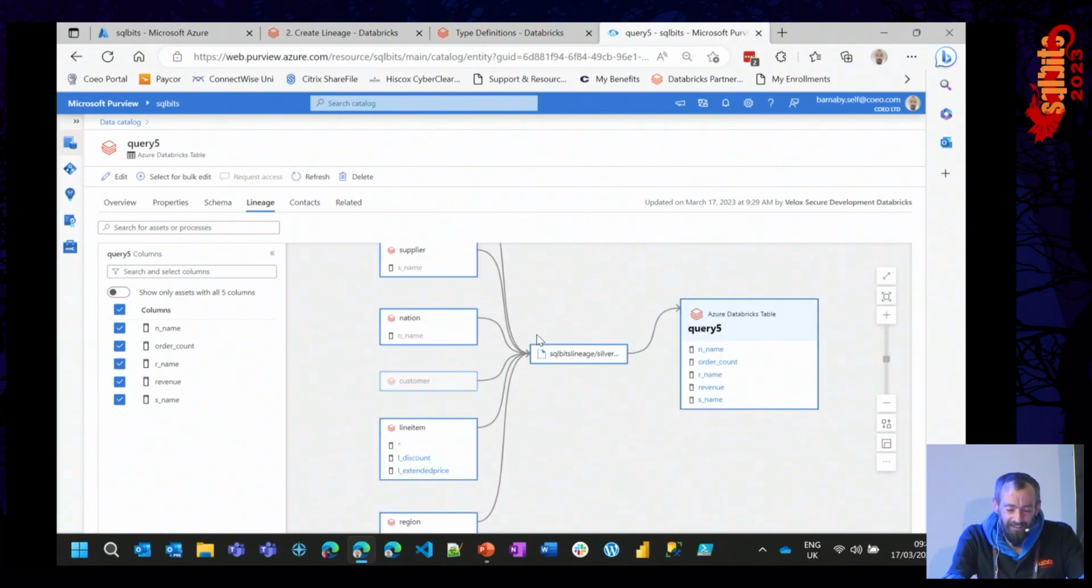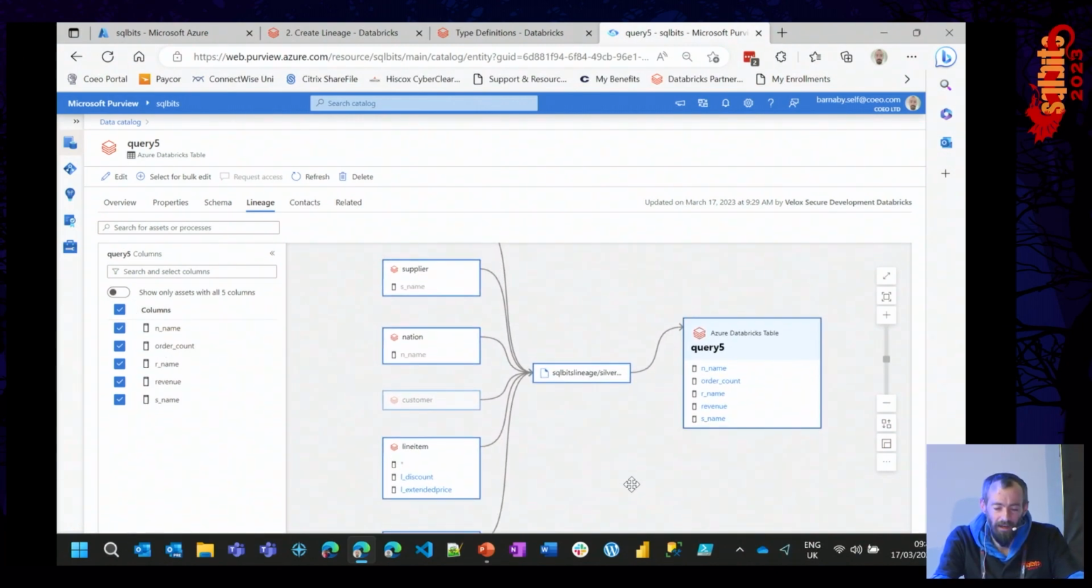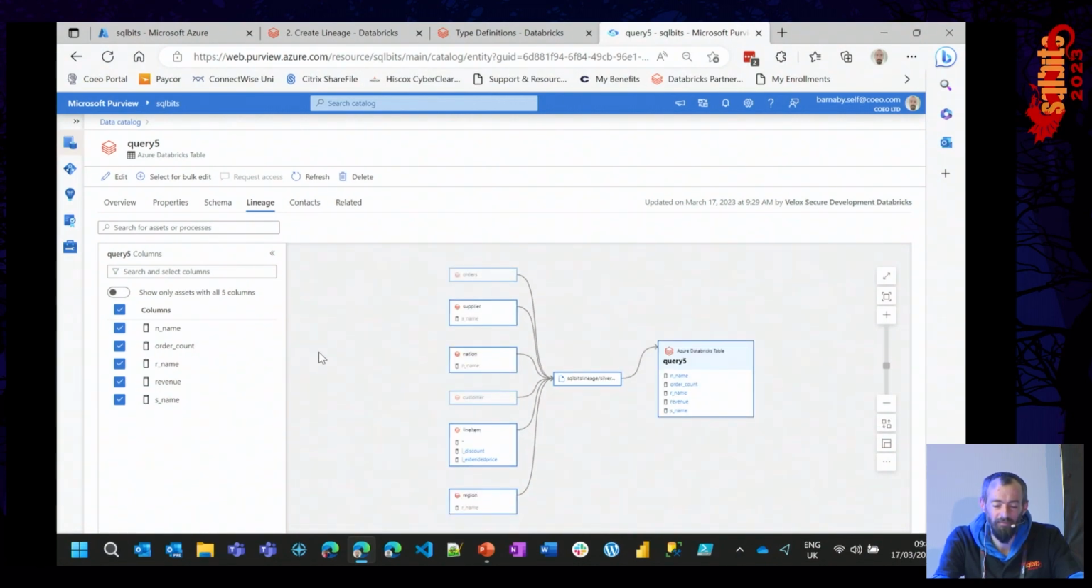You know, you can do so much on here. And I think before I started actually looking into this, I thought, oh, Purview, oh, data governance, oh, lots of cost. But